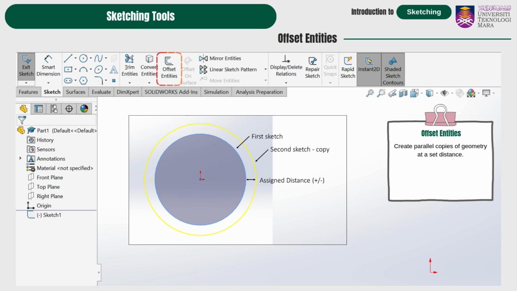This tool works not only with circles but also with any sketch geometry, lines, arcs, splines, or even complex closed shapes. And if you have multiple entities selected, the offset will maintain their original relationships, ensuring everything stays consistent. It's especially useful for tasks like defining wall thickness for hollow parts, creating grooves, or setting clearance gaps in assemblies. The best part is that it's quick, precise, and fully parametric, so if you adjust the offset distance later, your